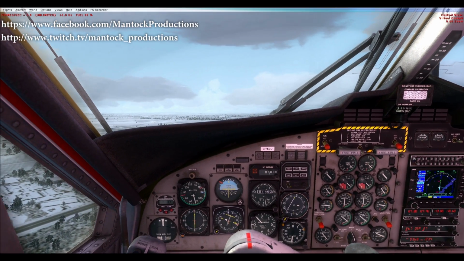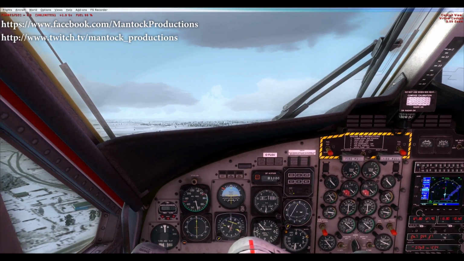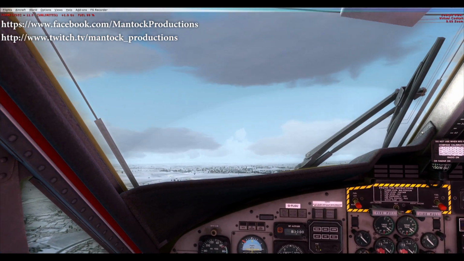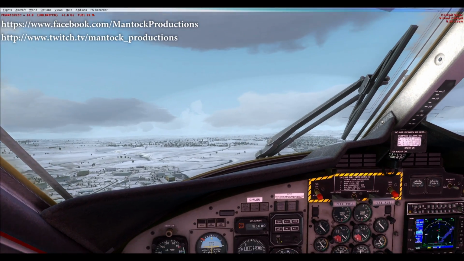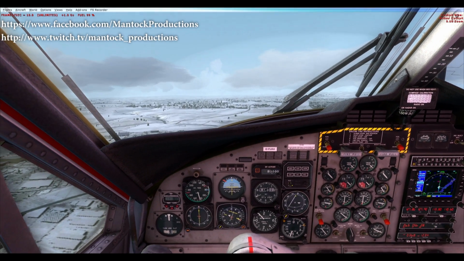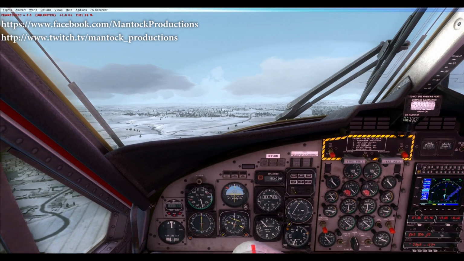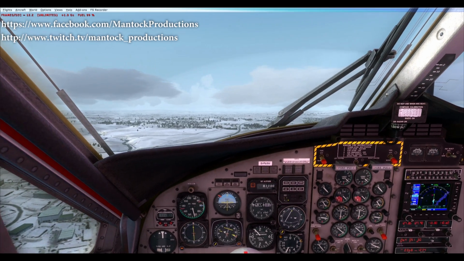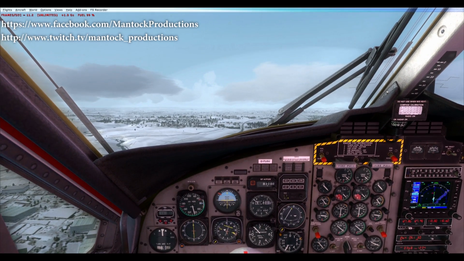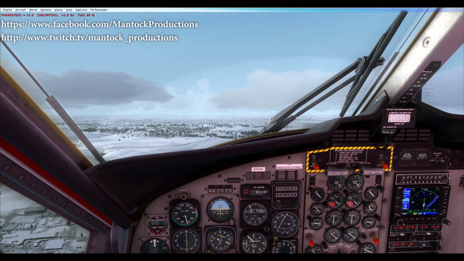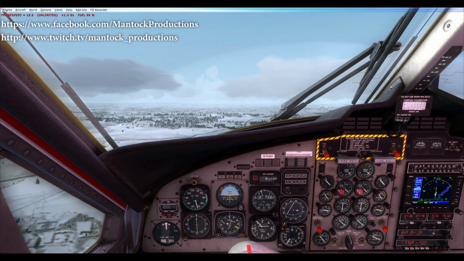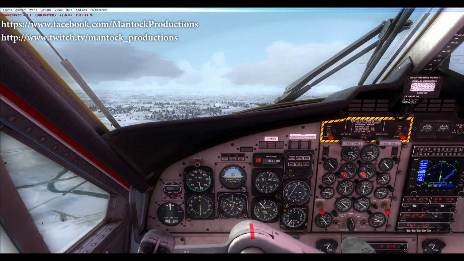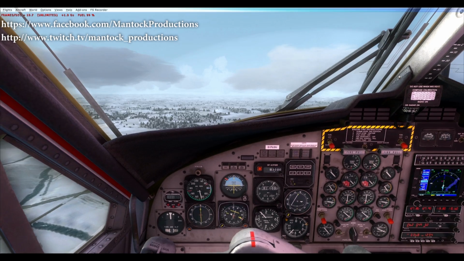And to become more comfortable with navigation, you don't need ATC, you don't need other traffic getting in your way. It can just be you in the world and no one else around, and you can just have fun learning this. I've had a few people recently asking me, I found it really difficult, it's such a learning curve. And yeah, I totally agree with you. It was for me. That's one of the things that prompted me to make these videos for you folks, because I have exactly the same problems that you do. I mean, it's hard for everyone, but